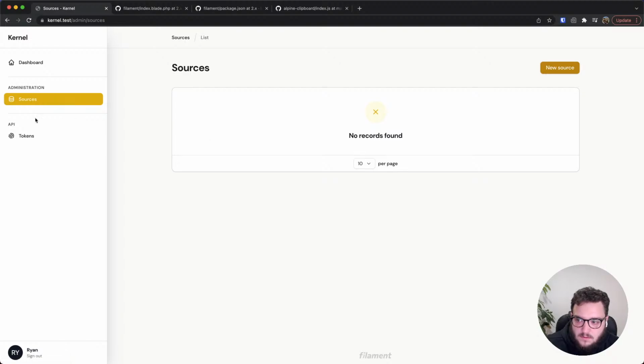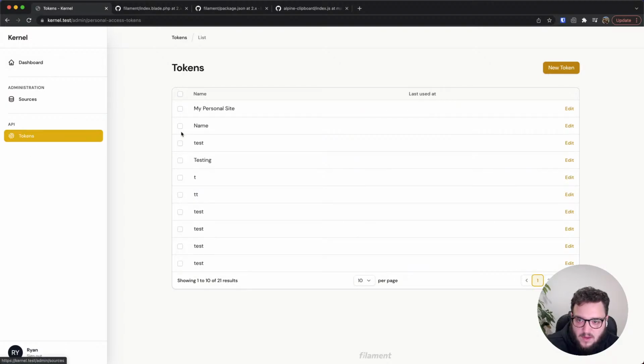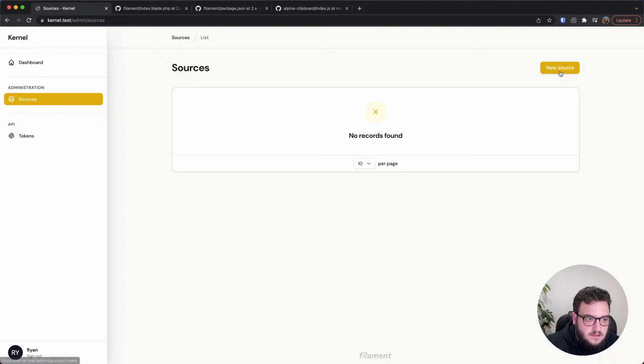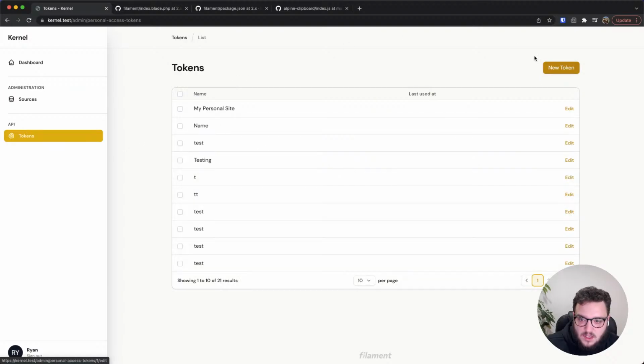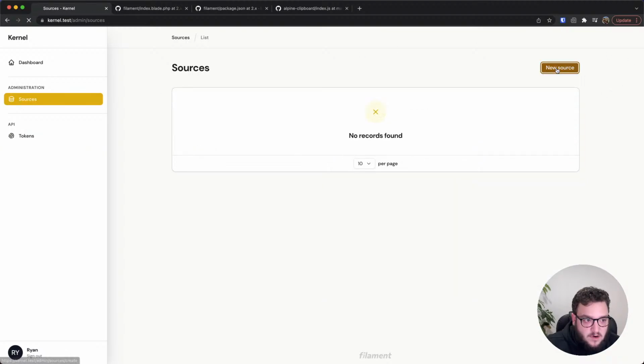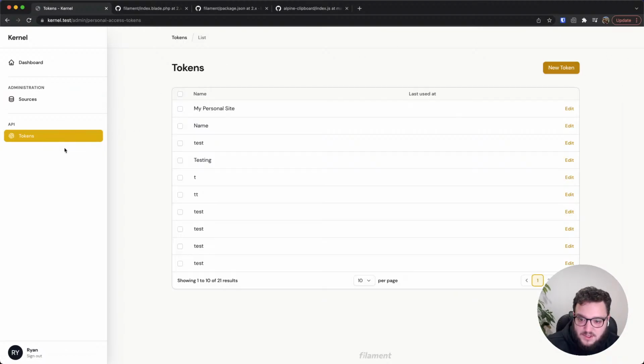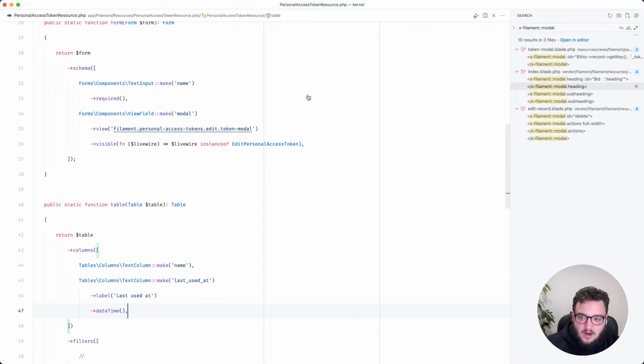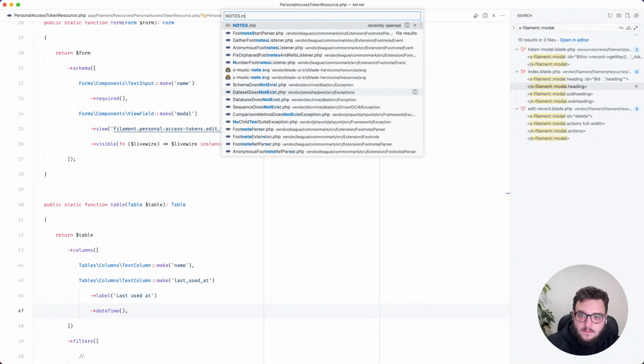Cool. So we made quite a bit of progress, to be fair. We've got some CRUD sources. We've got tokens. We wrote some tests for our source resource, which again is a mouthful to say. In the next one, we'll write some tests for these tokens, perhaps, and we'll start planning out the data storage. In terms of what I want the API to look like,